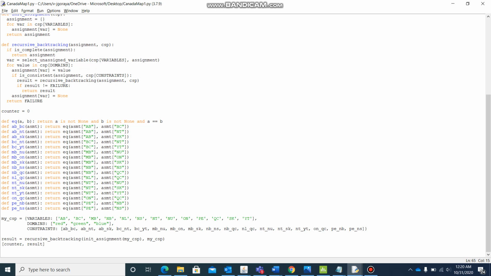The constraints are ABBC, ABNT, ABSK, which I have previously defined above. And the result is the recursive backtracking with init assignment my CSP and my CSP, with the counter and the result. I'll just show you what I got in the output if I run this.